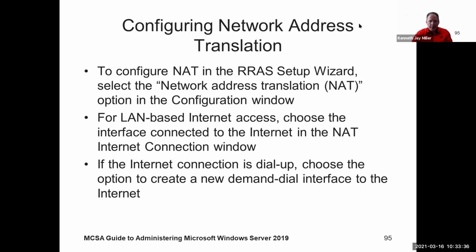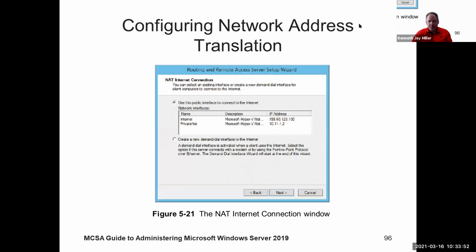All right. Now to configure NAT, we just select the NAT option in the configuration. For LAN-based internet access, which is what we're doing, choose the interface connected to the internet in the NAT internet, and then away we go. So here, once we configure NAT, it will say which one of your 2 network cards, use this public interface to connect to the internet. We're going to click on the adapter that is connected to, and I think in the lab I say, make sure you select the, because they're just going to say